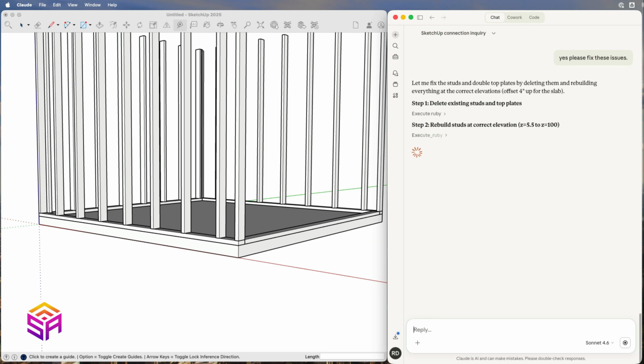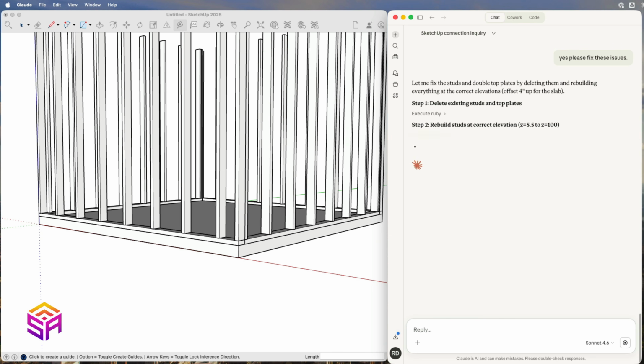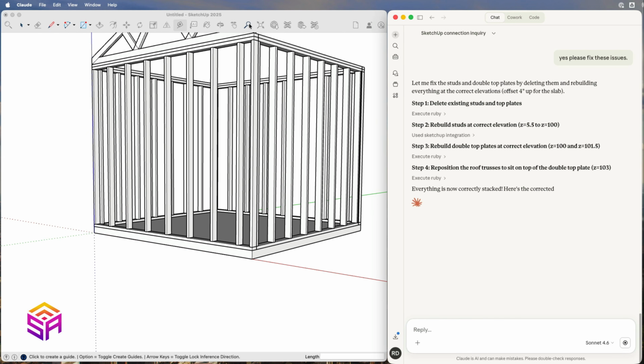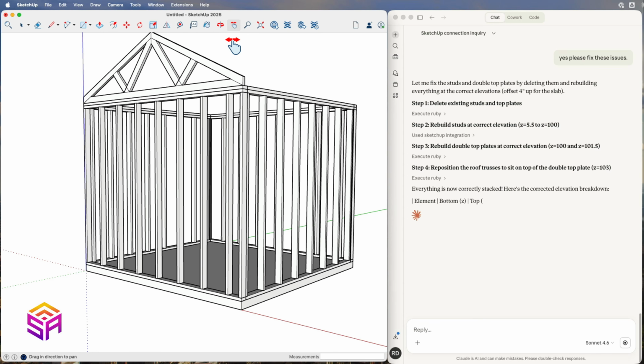So there's probably room for some of these issues to be resolved in a more systematic way, utilizing the SketchUp tools that are there. So for example, move, right? Again, what we just saw, we as humans would have just selected the elements and moved them, and the approach here is to just wipe everything out and rebuild it. So not super efficient, but I will say on this second run,